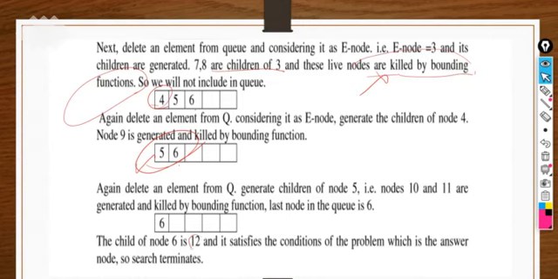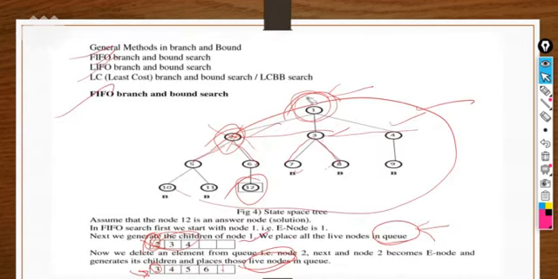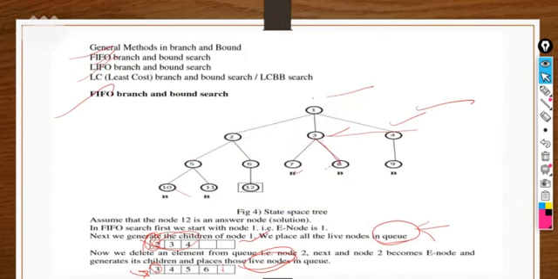So here we have already assumed this 12 as the solution or answer of the problem, that is available at the 6th node. So after passing all the nodes, we get the solution space. That will be our path as a solution state: 1 to 2, 2 to 6, and then 12, right? So that is our FIFO method.